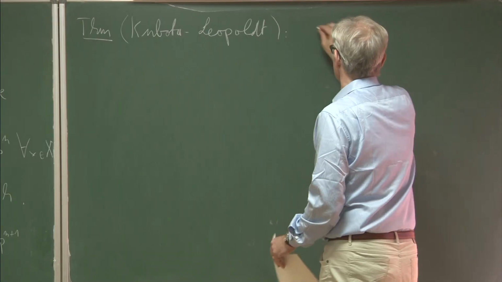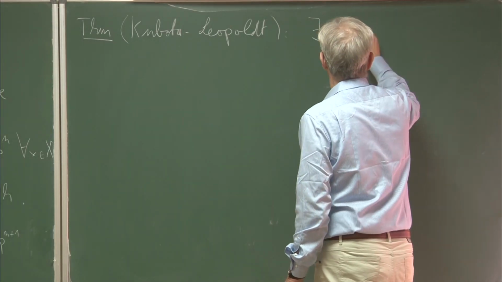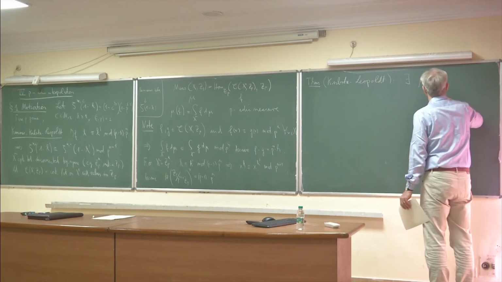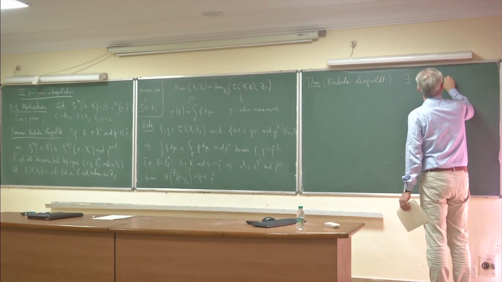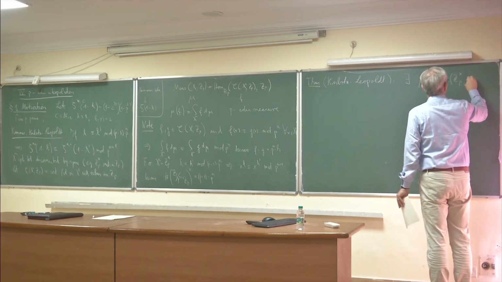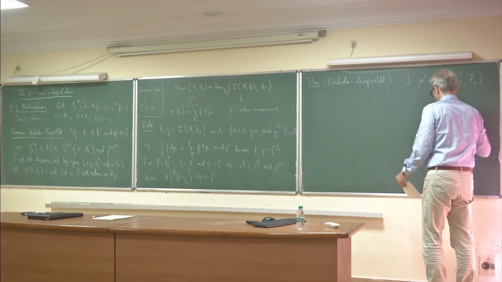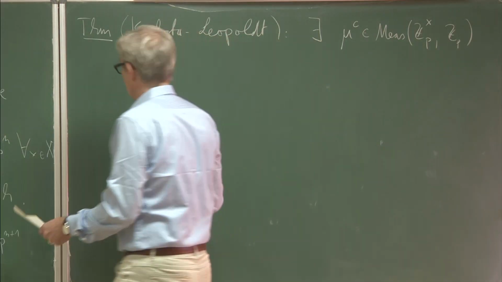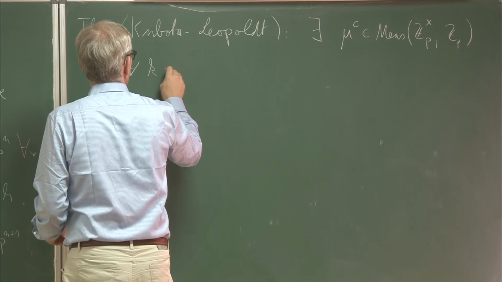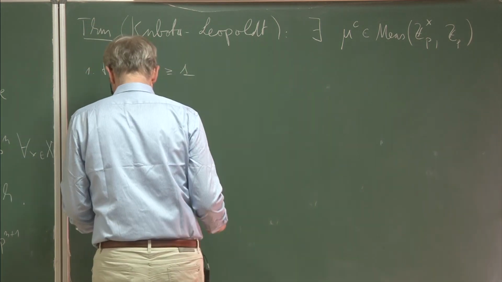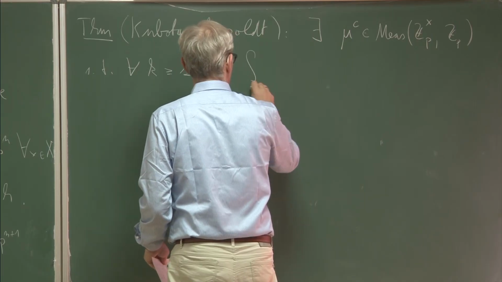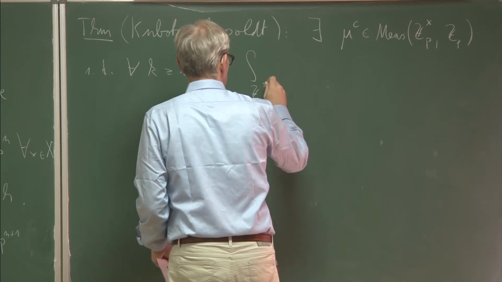It just says there exists a measure depending on this integer c, which was auxiliary, a measure on Zp star with values in Zp, such that for all integers k bigger or equal to 1, you have that the integral over Zp star of